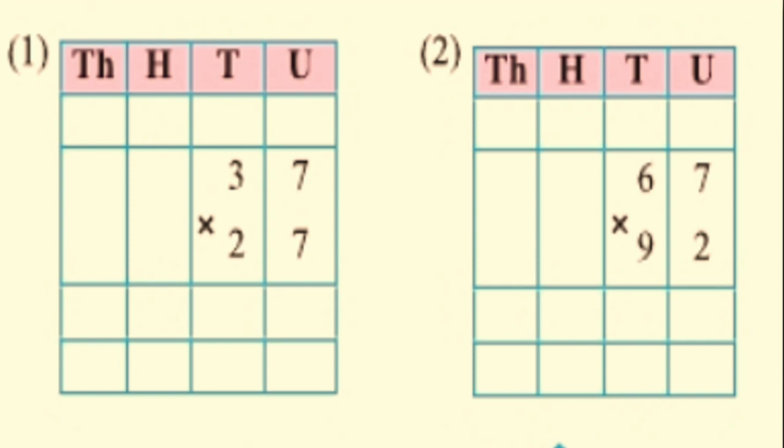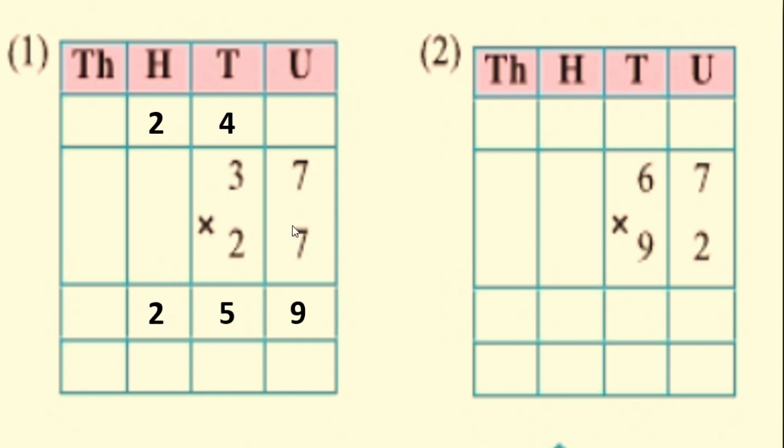Now, we will go for this. 7 sevens are. Same table we can see here. 7 sevens are. Yes. 49. Isn't it? So, 9 we will write here and 4 is carried over to the tens column. There is a 21. 21 plus 4, that is 25. So 5 will remain here and 2 is carried over to hundreds place. Now we will write 2 down.